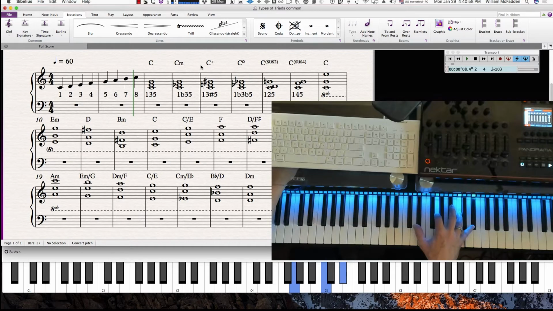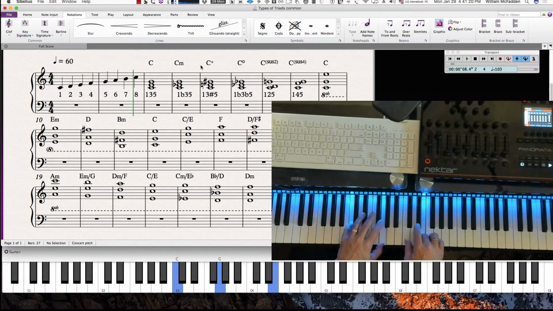And in addition to the inversions, we have different voicings that we commonly use. And one of those, let's suppose we have our C major chord. Now if I leave the E here and bring the C and G down an octave, I have this voicing here, the C, G, and E, called the spread triad. So in that case, there's the